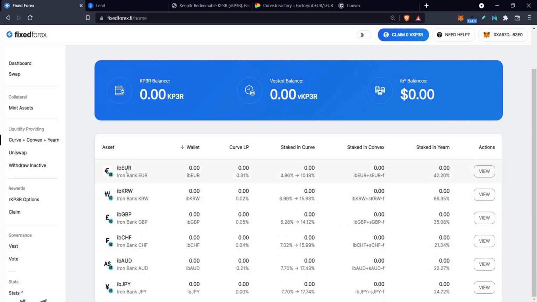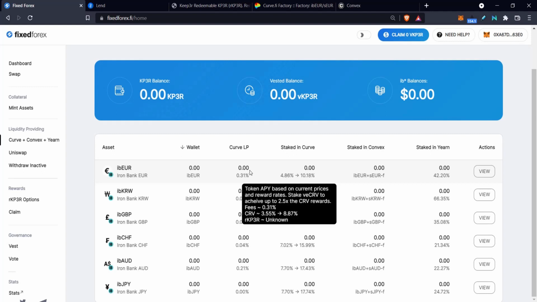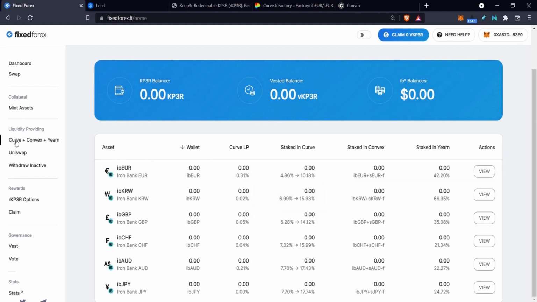So let's say I had some euro and I wanted to get some opportunities to yield from. There are some numbers here, but you can supply liquidity to Curve, Convex, or Yearn. Now, by supplying liquidity to Curve, you first have to build the Curve LP, and then you can choose where